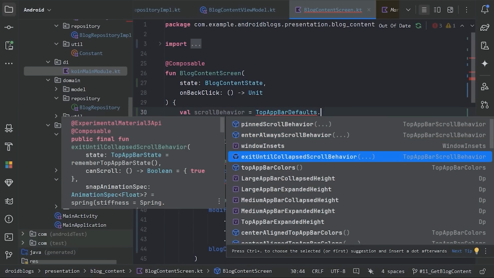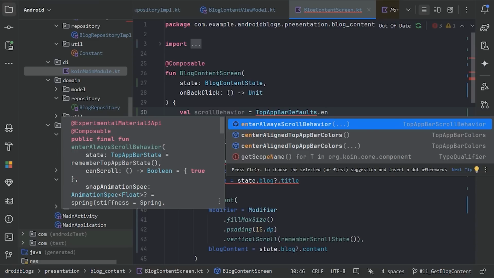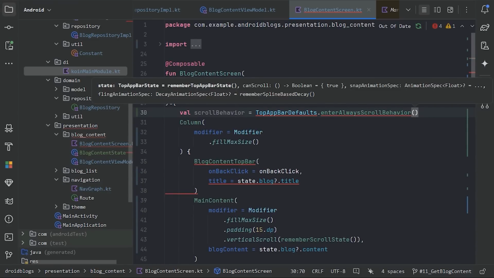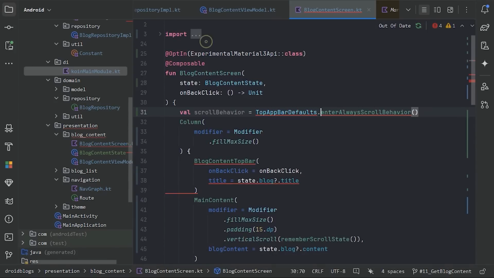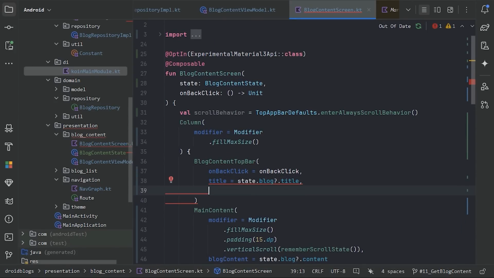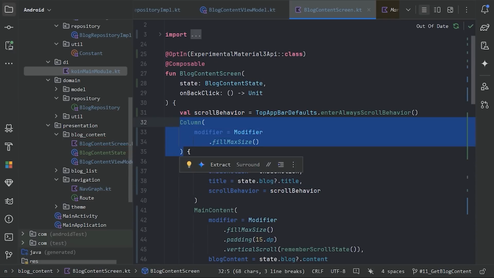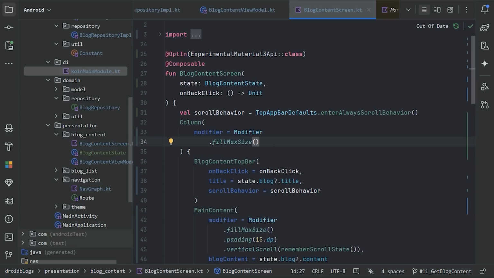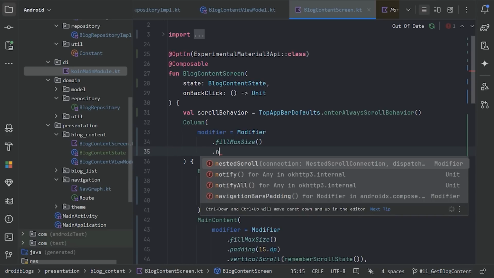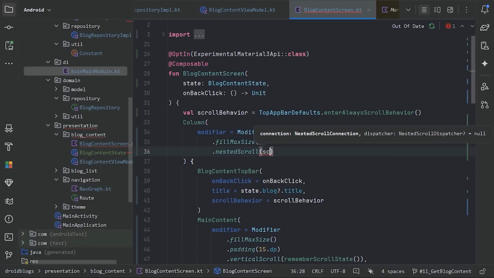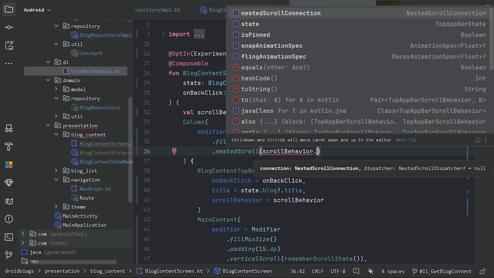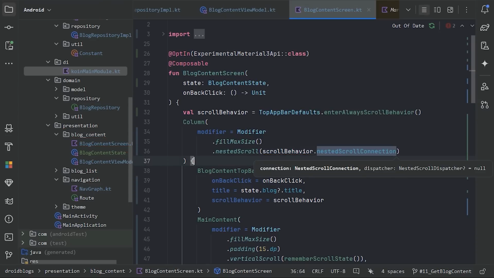You can also check out the other one, but we are going to use this enter always scroll behavior, and we need to opt in the experimental annotation and provide this scroll behavior to our top bar. And this column layout should also be aware of this scroll behavior, because this is a parent layout. So for that, here we have this nested scroll modifier, and use this scroll behavior dot nested scroll connection,